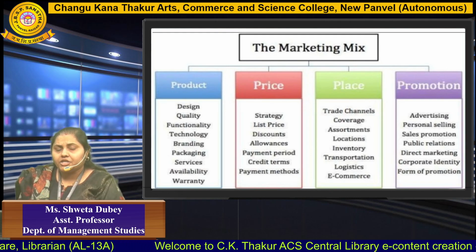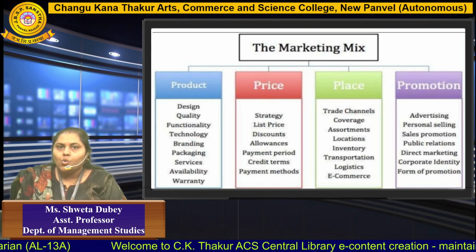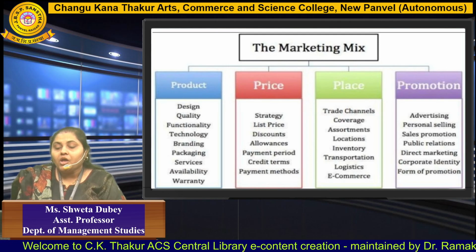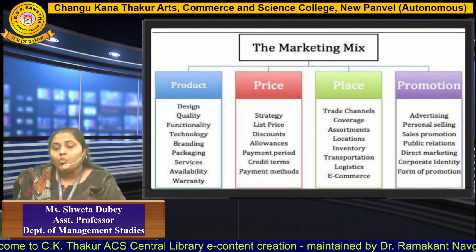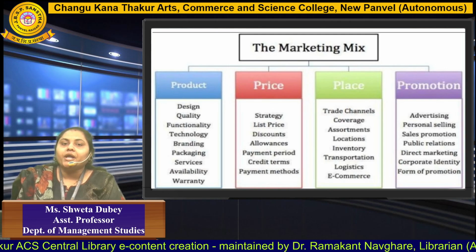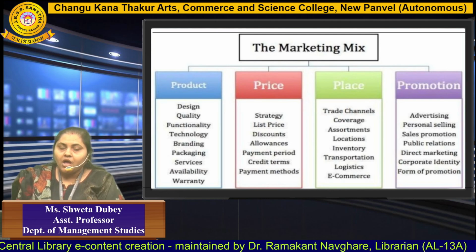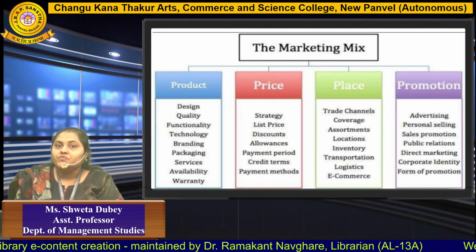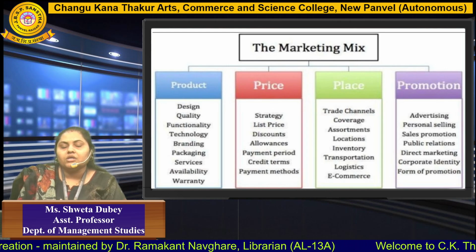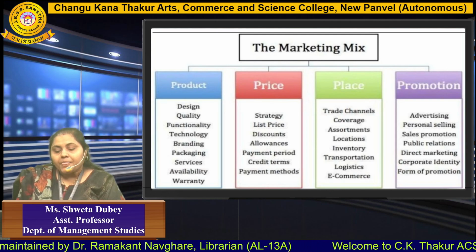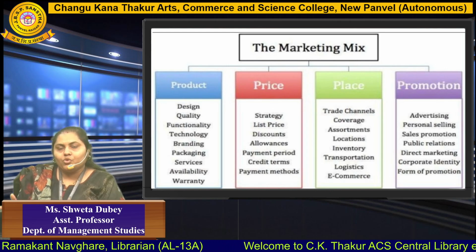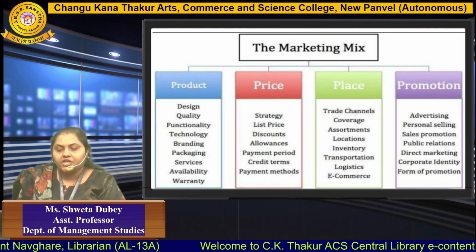Is it going to be a direct channel, that is, there is nobody interrupting the conversation or the sale between you and the customer, or is it going to be an indirect channel where you are going to use a variety of middlemen or intermediaries who are going to get your product delivered to the customer? For example, we have wholesalers, distributors, and retailers who do the job of sending your product to the customer. So is it going to be a direct network or is it going to be a via mode?